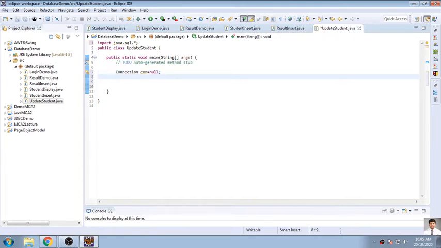Then I want a PreparedStatement because I want to use a query like in update and delete, so I will be using a PreparedStatement, pst equal to null. I don't want a ResultSet because I am no more concerned about displaying the content at the initial stage. These two things are required for getting connected to my database.